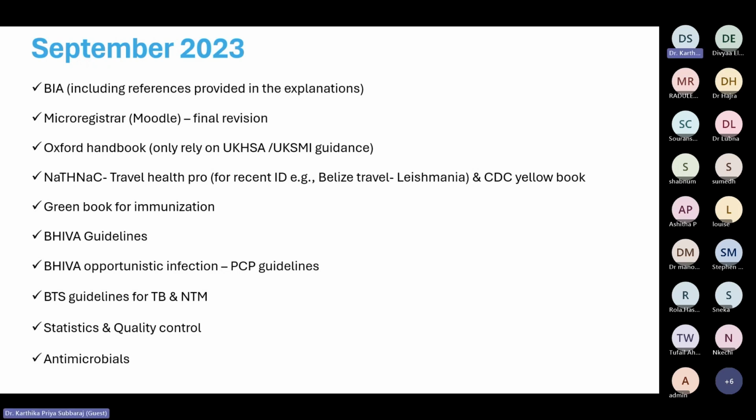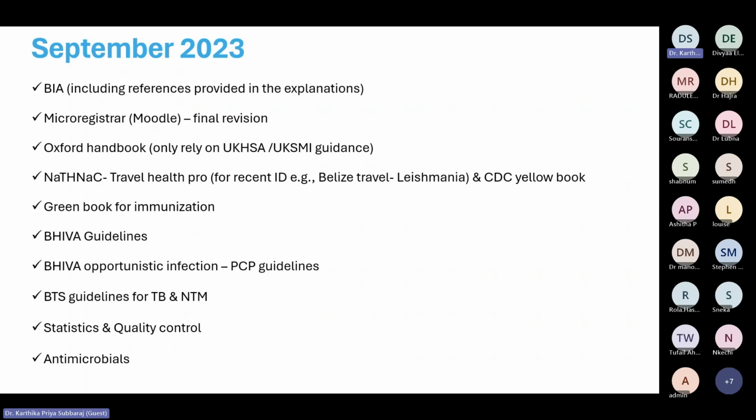This time, I started writing down my plan for a week. I took time to work out what all the things I needed to do properly. It took one or two days for me to sort out how I was going to go about it. First, I wanted to read the BIA questions properly by reading the references and guidelines under them. That means not just doing the questions, but also going through the documents given in the references. But a few of the documents will not open, so don't worry about that.